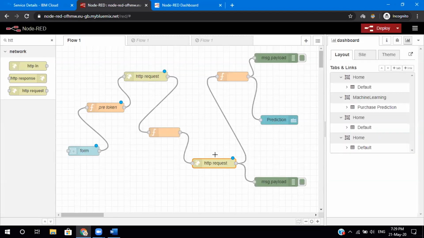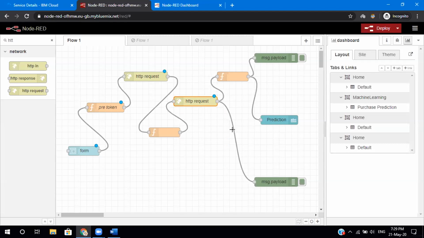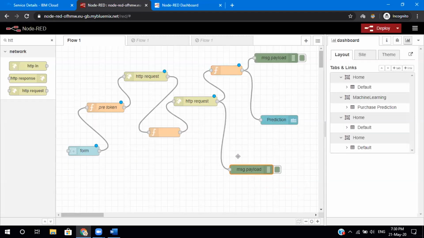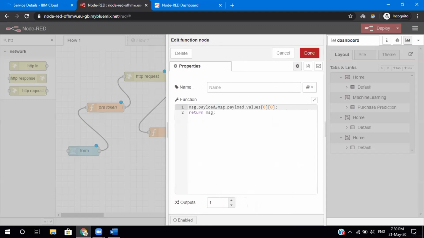So now you've got your model. What you have to do is just see where you are getting the results from. I connected a debug node and saw that the results are coming from message.payload.values 0 0. You can experiment with it.